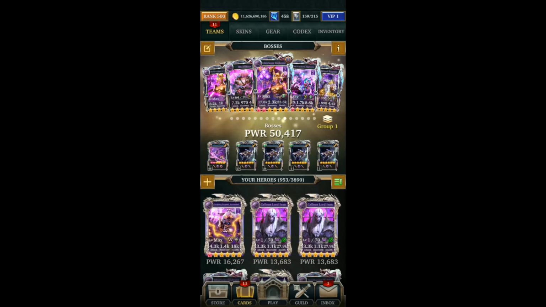Hey all, so this is the Rites of Passage event. This is a Dark Commander and Noble Killer event. Now before I start going over the teams I am going to be using for this event,